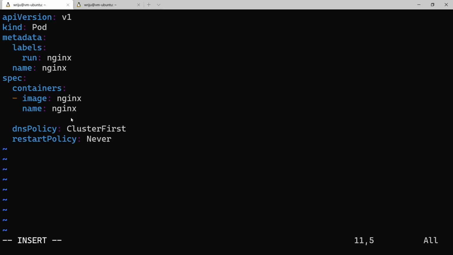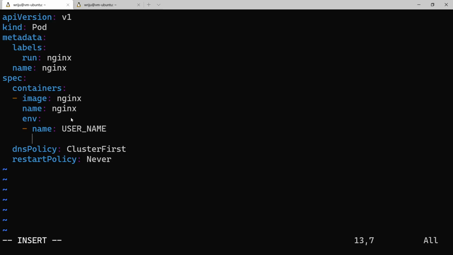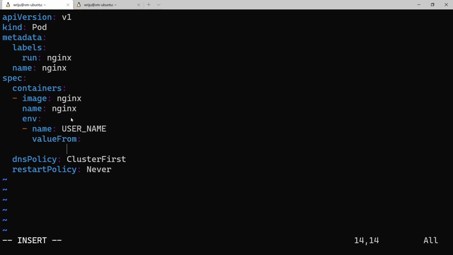And inside the container, I can add a new line. In this new line, I can say that I want to load the environment variable. And when I say environment variable, because I could have more than one, I can have the name of the environment variable. Maybe I can say USER_NAME, all in caps, and it comes from value from. And the value from comes from a secret, so we have to say secret key reference,